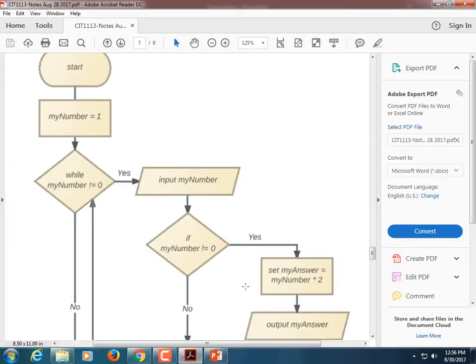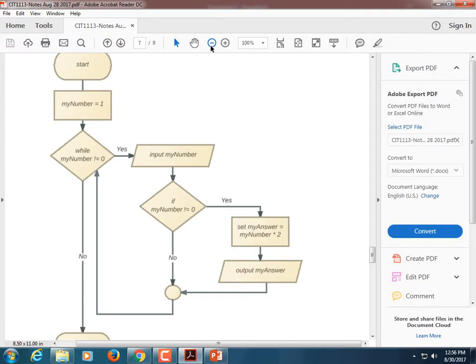But let's look at his here for a second. I'm going to shrink it down just a little so it fits. Okay? So this says start. Set my number to 1. So it comes down here to the decision structure. While my number is not equal to. So the exclamation equals is not equals. Okay? Think of an exclamation symbol as a not. Okay? So while my number is not equal to 0. So if it's not equal to 0, that would be true. So then we go get input. Then we check it. If my number is not equal to 0, right here,